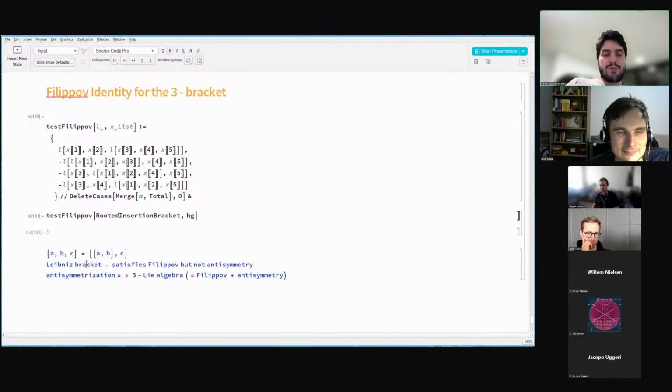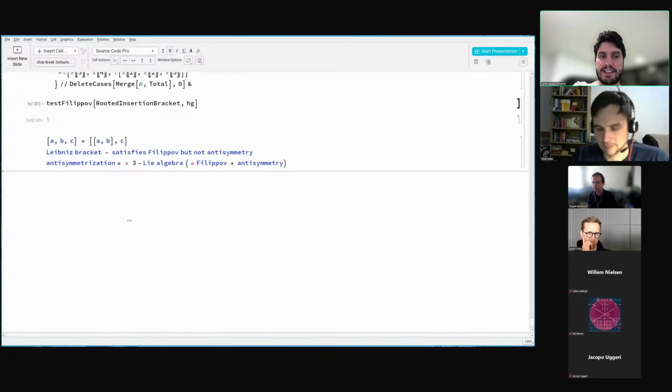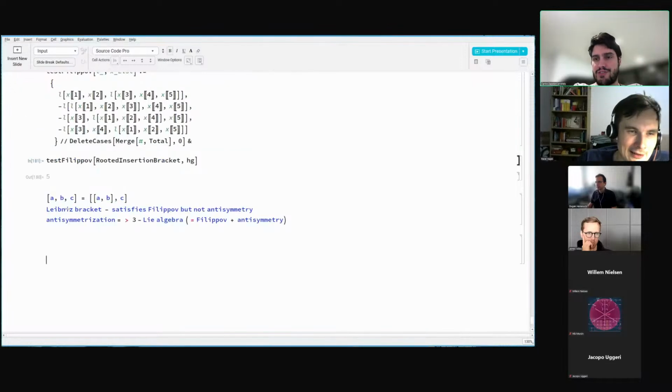Well, that's why I was asking, because I think it could be quite transparent to understand that fact at the level of brackets, because the only thing you need to check is the definition that you have there, like bracket ABC equals bracket AB and then bracket C, right? That's a formula you can check, up to some antisymmetrization. It's a much simpler formula to check than this computation.